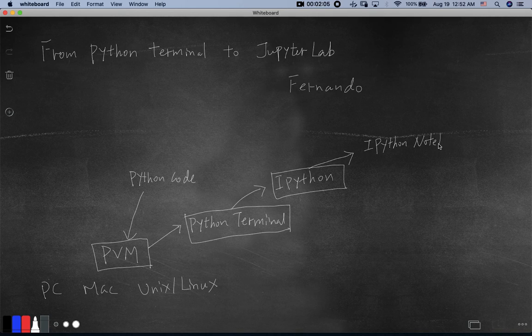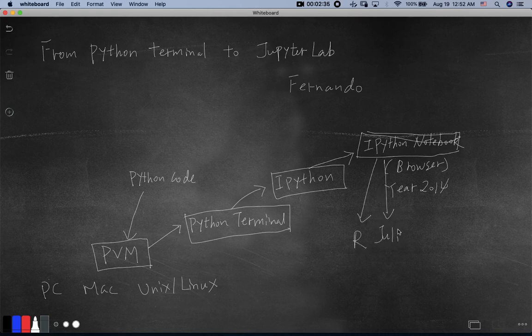Notebook. Okay, the IPython Notebook actually runs in the browser. I believe that was in the year 2014. Yeah, I might be wrong. But this IPython Notebook, because it runs in the browser, has even more features. And then he started to support other languages, for example R and Julia, and some other languages. It's kind of weird, right? Because it's called IPython, but actually it runs R code. So in 2015, that's one of the reasons, because it runs different languages,